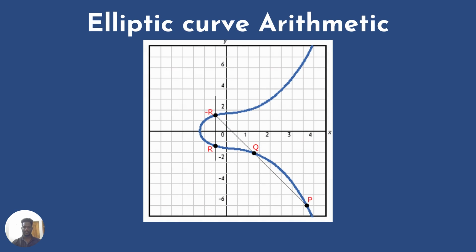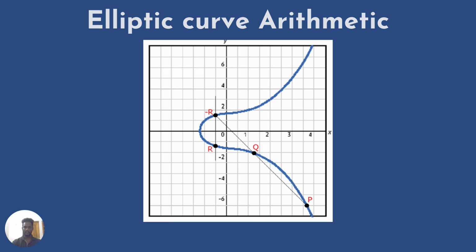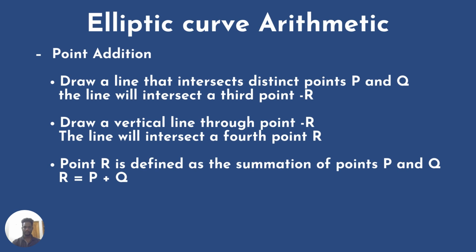So what is elliptic arithmetic? There are basically three types. The first one is point addition, next is point doubling, and then point multiplication. Here we can see three points on three different curves. We will see in the next upcoming slides how we solve it and how to implement it, and how we got that minus R, Q, and P. As I said before, there are three types of elliptic curve arithmetic. First one is point addition. We'll be seeing what point addition is.